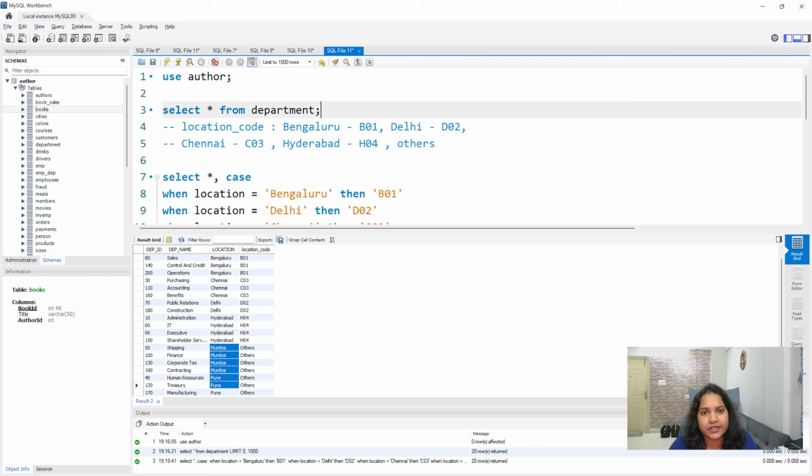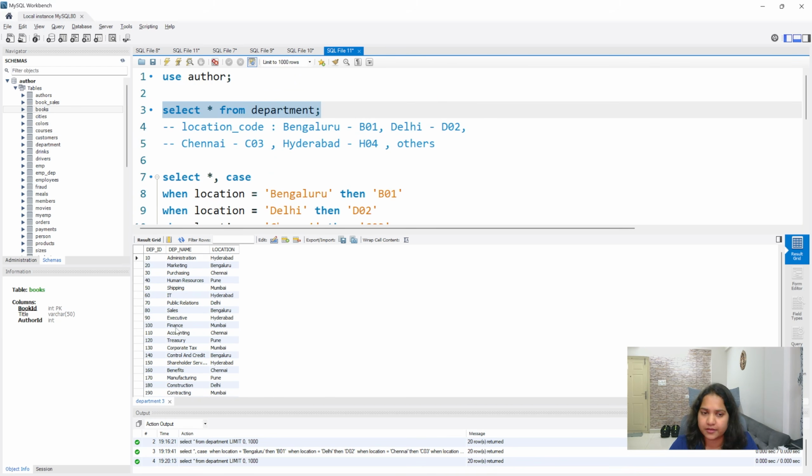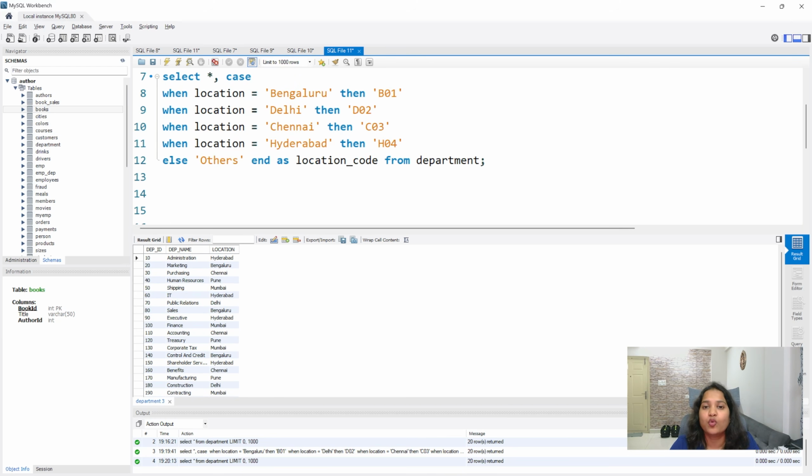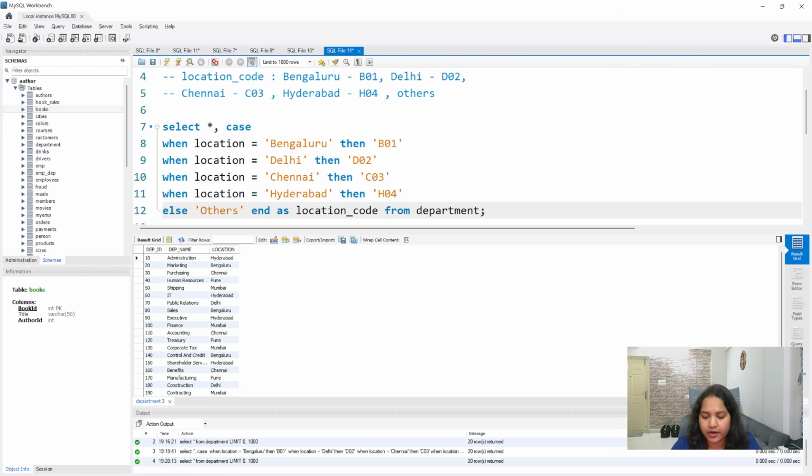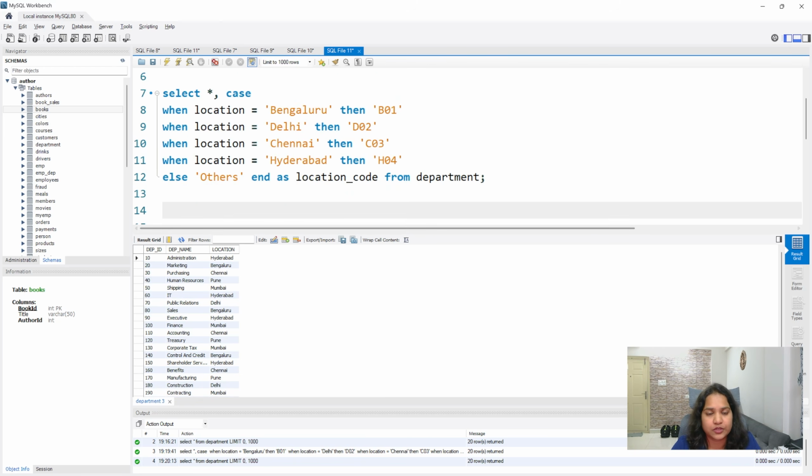So if you run your select star from department, it will be like this only. We are just trying to query the output. In that output query, you're trying to just add one column. Okay, this column will not be added permanently. It is just for you to query. In that query, you're just trying to add one column so that you can extract it easily. That's it. Okay, so this is your case statement. So this is the first use case.